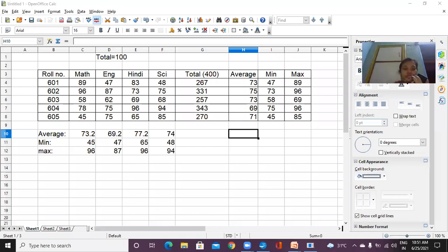I will do one thing from the next class: I will take the class from the mobile and laptop both. My voice will come from the mobile and you can see the practical from the laptop. Is it okay now? Next time I will do